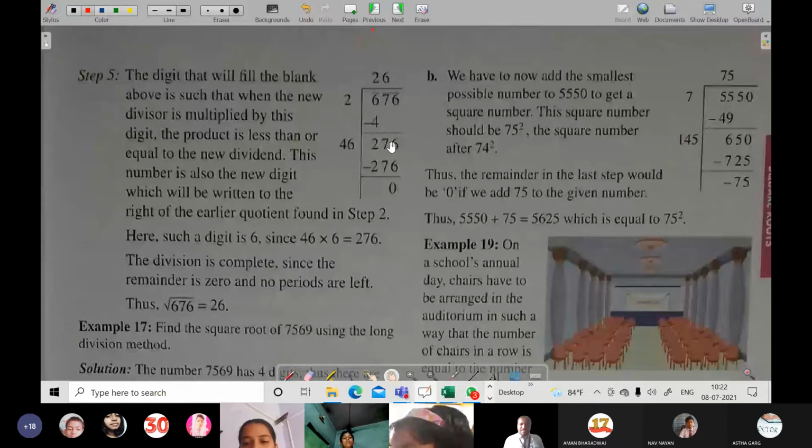See what happens. In the long division method, you have to pair the number. From the last digit, you will start pairing. If it is 3 digits, then of course one will form a pair and one will be left single, like in 676, it has been done. That one was paired and one was single. But in 7569, what happens here? Both will be paired. And pairing shows that these two numbers at once you have to multiply and divide.